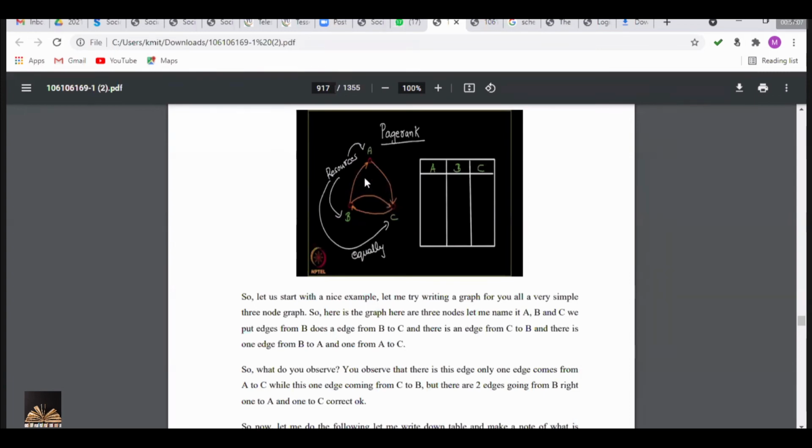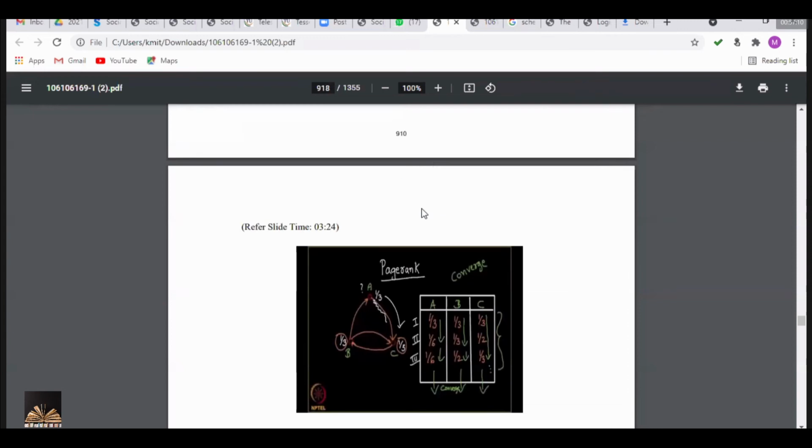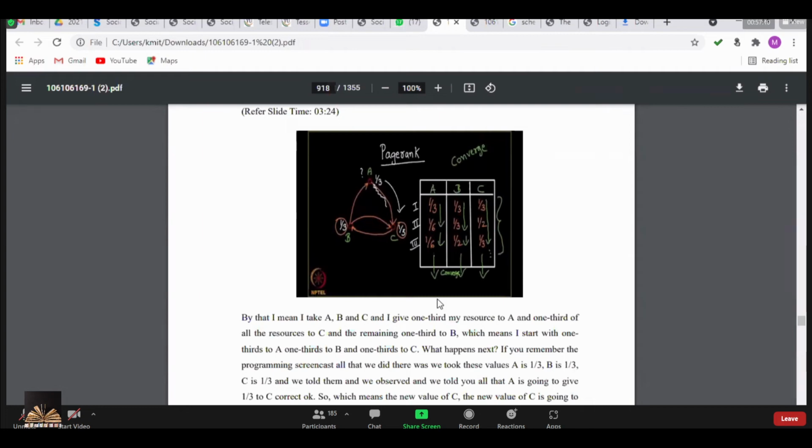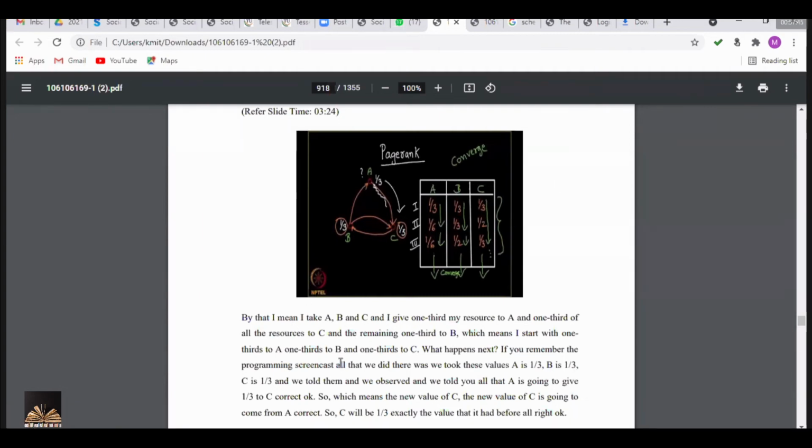If you can understand this, how the page rank can be calculated here is, let's consider A, B, C. Initially I will take the values as 1 by 3, 1 by 3, 1 by 3, because I take the entire resource value as 1, and I am distributing it among three things here. I have to apply the iterations here, and at some point they will converge. Converge is nothing but after a certain point, the values will never change. You have to go to that point, and those values are taken as the page rank values.